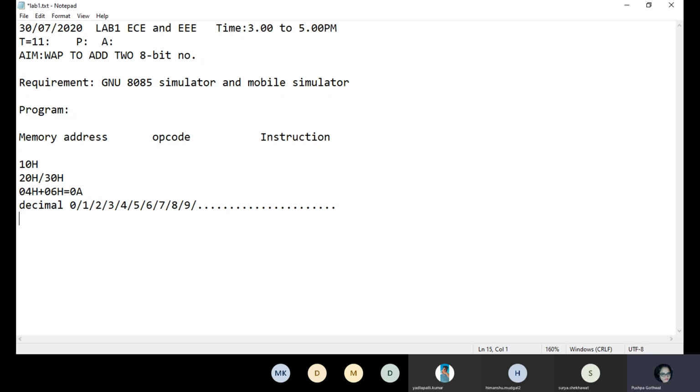But in hexadecimal, the digits are 0, 1, 2, 3, 4, 5, 6, 7, 8, 9. Then here there is no 10. Here it is A. In decimal you write 10, but here you write capital A. Capital A corresponds to 10. Here you get 11, so this 11 is capital B. Here is 12, which corresponds to C.